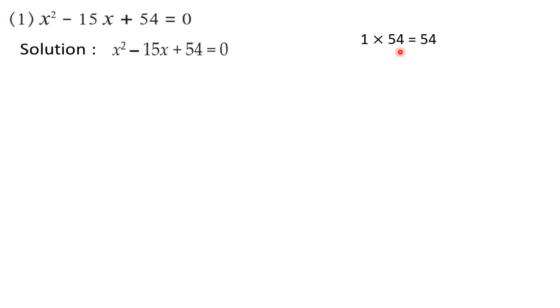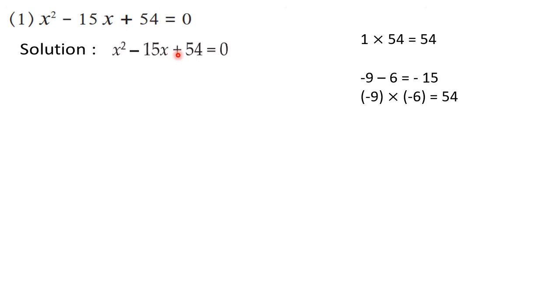Now after that, we have to factorize this 54 in such a way that the sum should be minus 15. Whenever we have plus sign for the third term, we are going to think of addition. So think of two numbers whose multiplication is 54 and sum is 15. Now see, the middle term is negative. That means both the numbers will have negative sign. So we know that 9 6s are 54, and minus 9 minus 6 we are going to get minus 15.